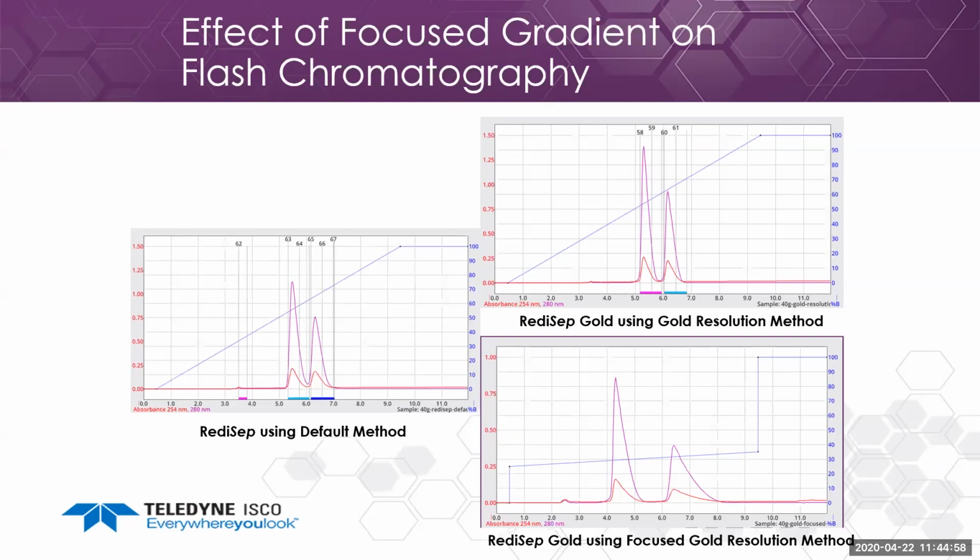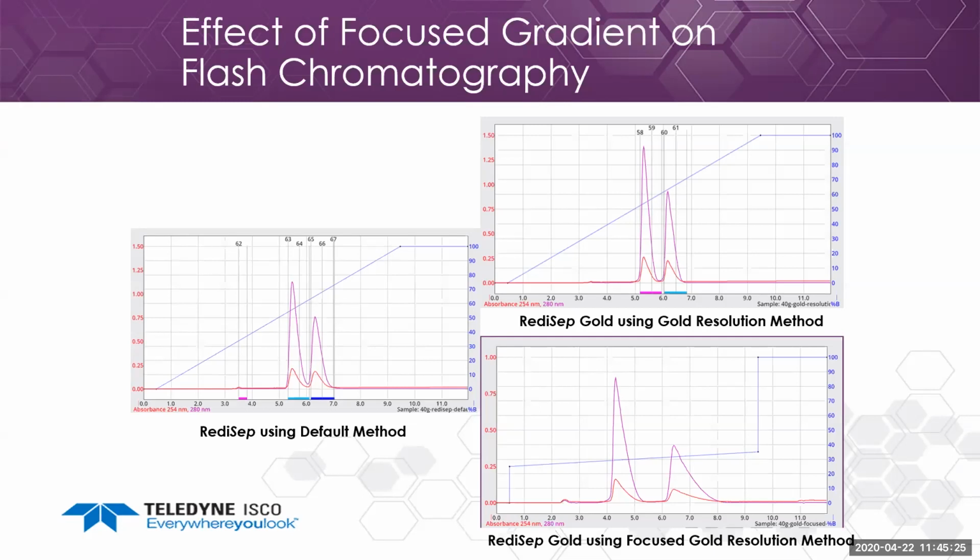Or if it's coming out in the back half of the separation, you could run from 50 to 100%. So this is an illustration of our default method, our gold resolution method, and then the focus gold resolution method. Using the default method for these two compounds, we get baseline separation. If we do a gold resolution method, which is